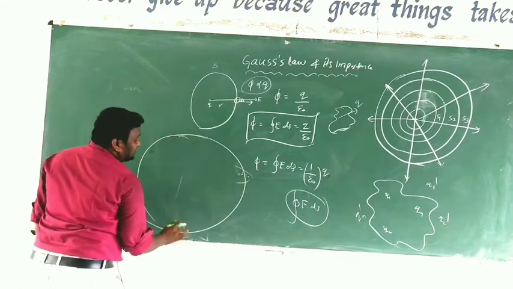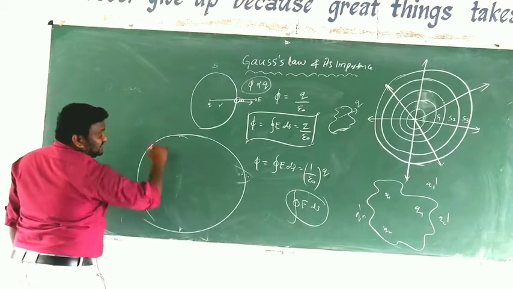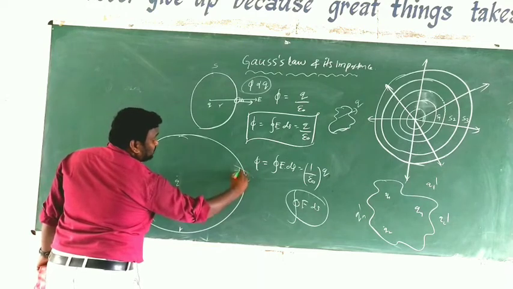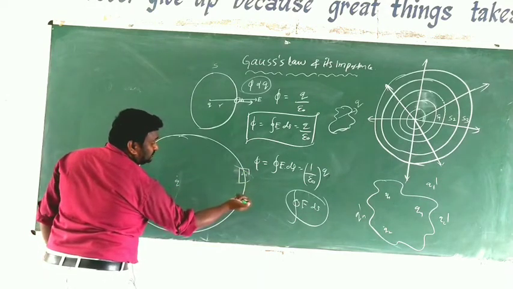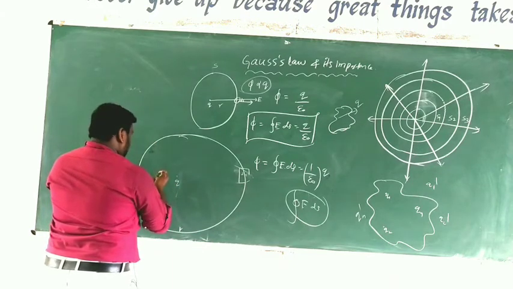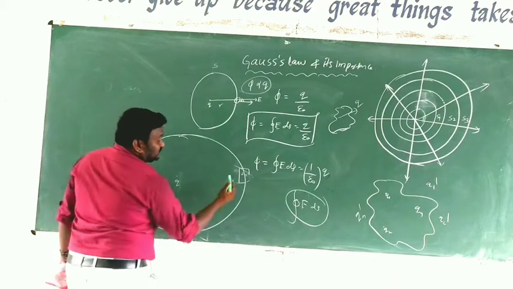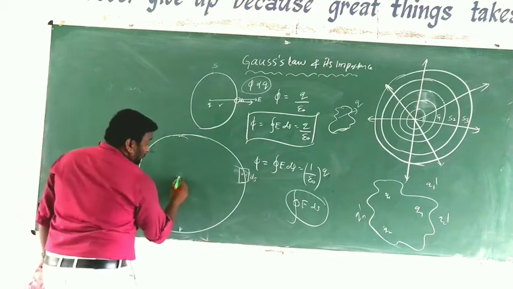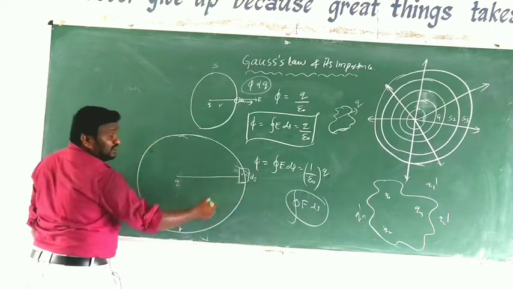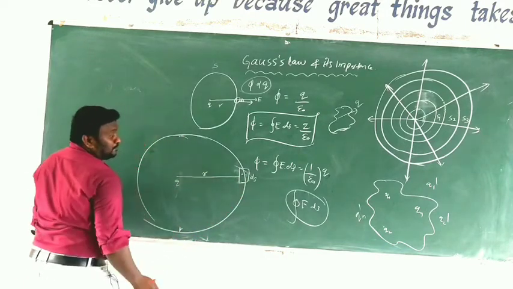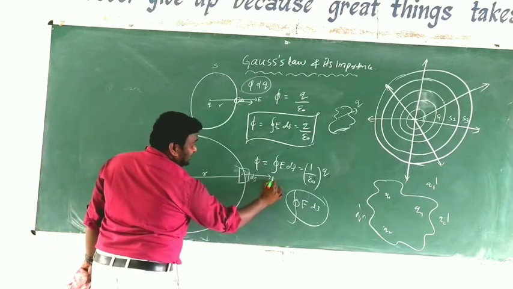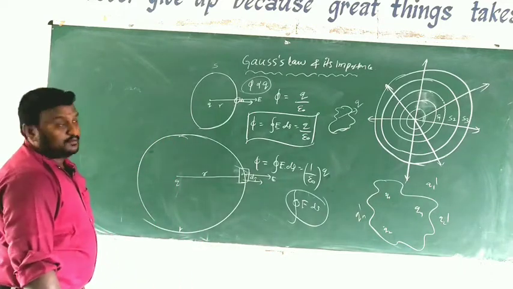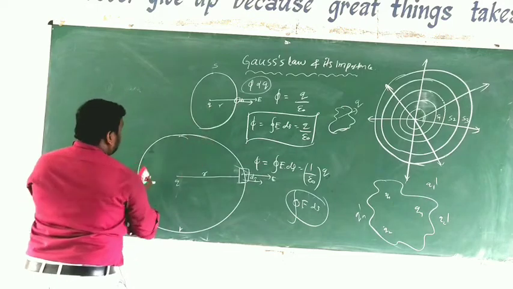Look here, I am drawing the diagram in a very big size. This is the center of the closed sphere, with some charge there. On the surface of this closed surface we select some area, that is ds. From the charge to the surface element, the distance is r. At this surface the electric field is in this direction and ds is also in the same direction. Clear?